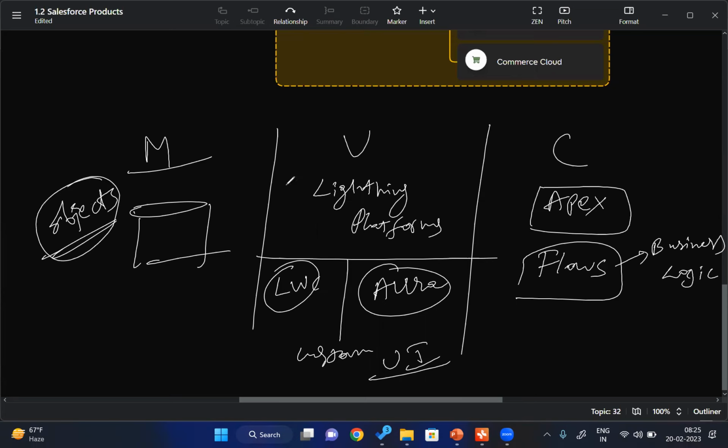These are the things that we'll learn going forward. We'll learn how to create objects and fields, how to create Lightning web components, and how to create Aura components. We'll learn how to write business logic using Apex, and using flows and all of that. We have objects to store the data and to retrieve the data